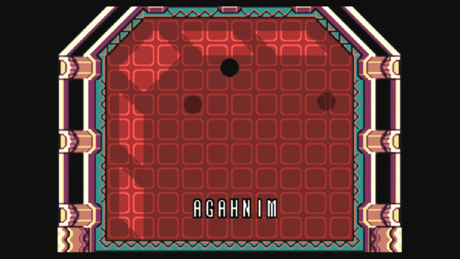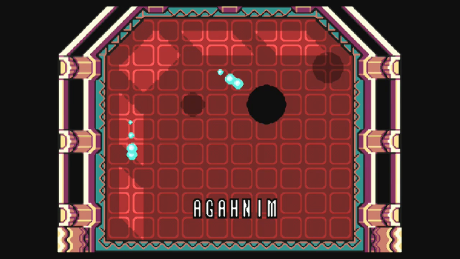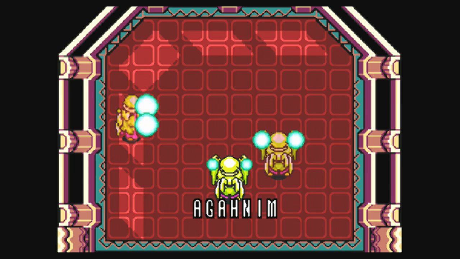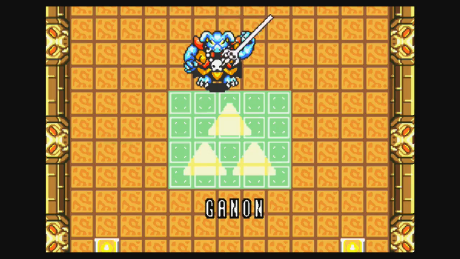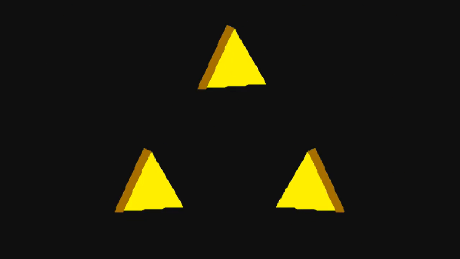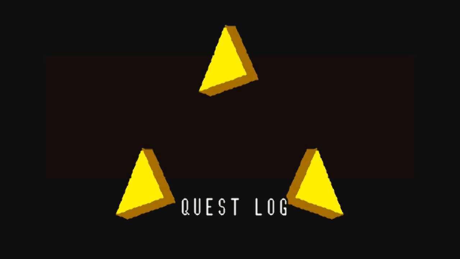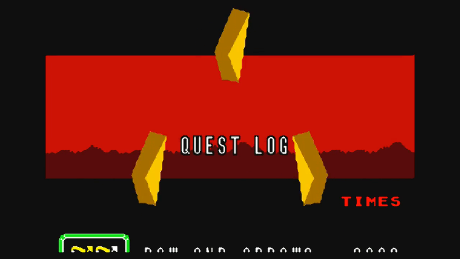You have Aghanim. Don't really know what they're aiming at. Where was that fireball going? And finally, Ganon himself. And then the credits. Well, not really the credits. Instead, we get to see a certain stat track. This is a different file from the stream file, by the way, so...